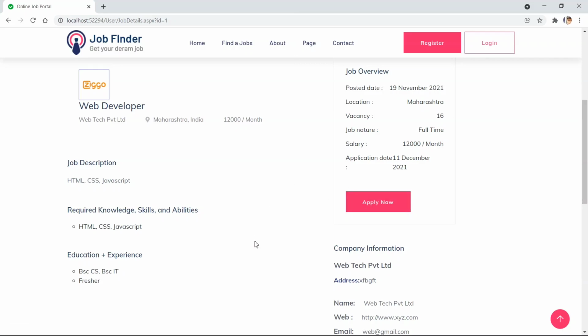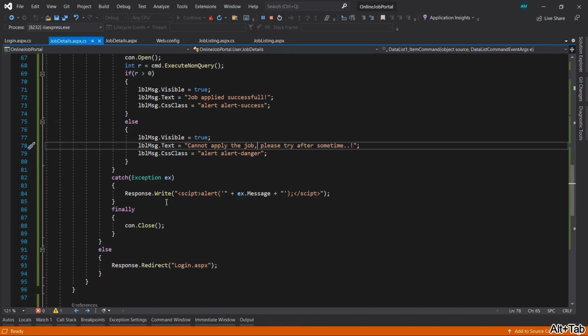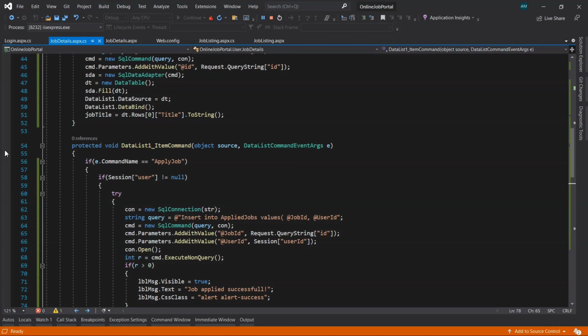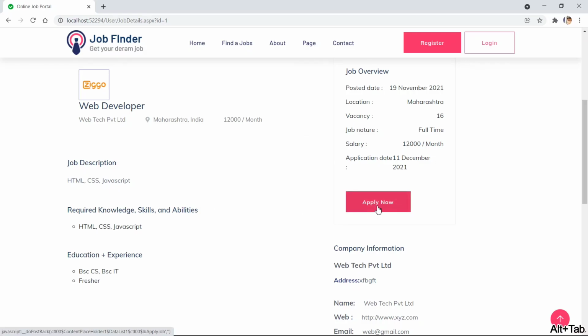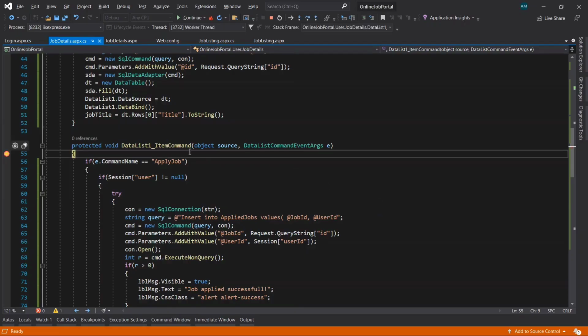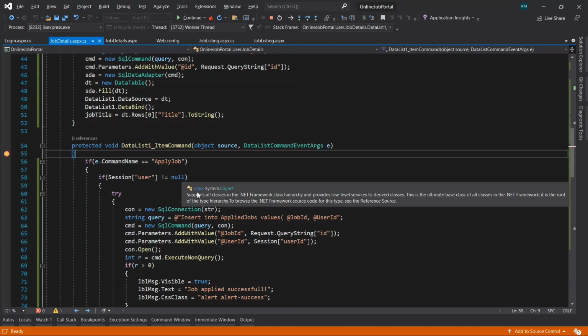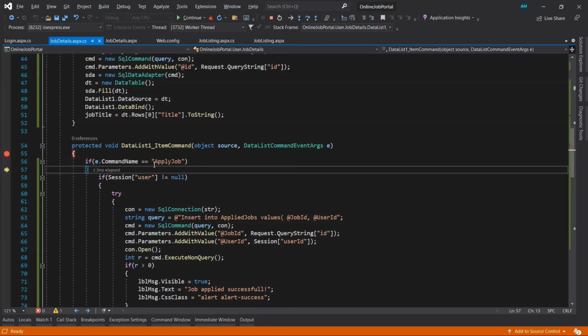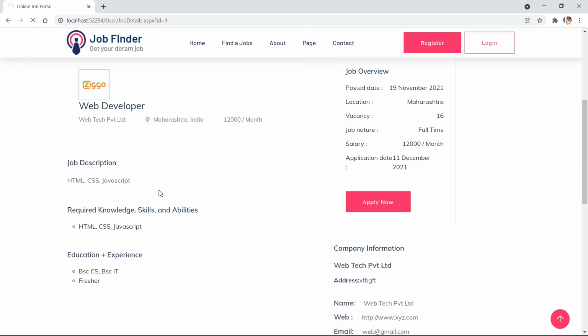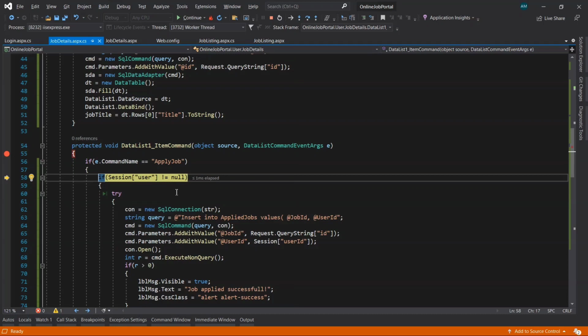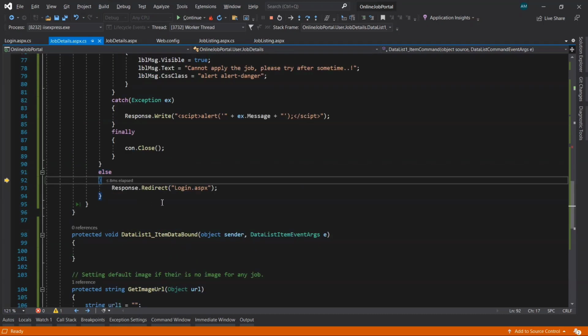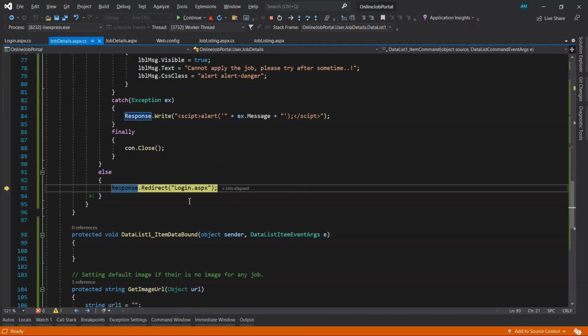Let's add a breakpoint on this event and click apply now. It will take us to this event. Now press F10. Now it will check whether the user is logged in or not. The user is right now not logged in, so it will execute the else block and take us to the login page.